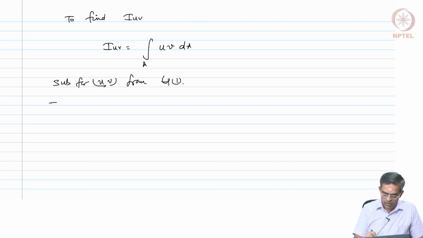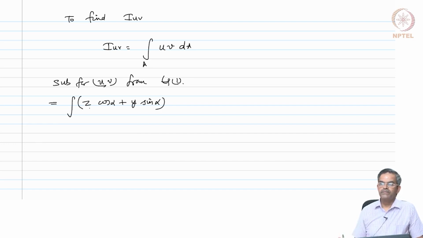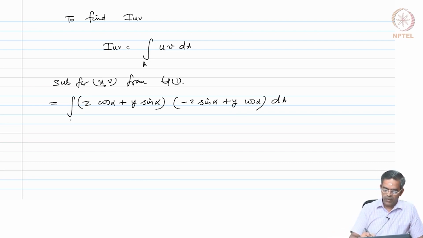So, let us do that, which will be equal to the integral of (z cos alpha plus y sin alpha) into (minus z sin alpha plus y cos alpha) dA for the whole area,